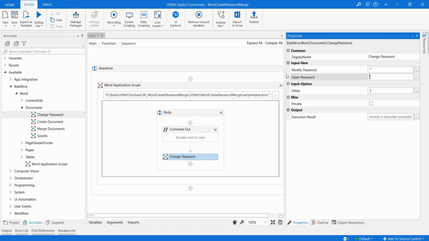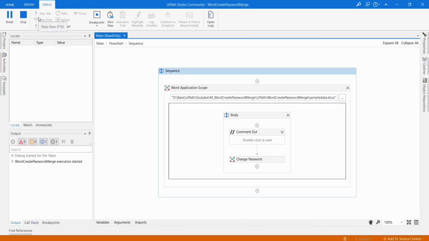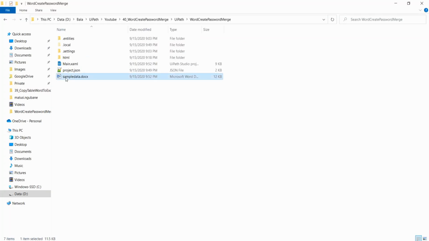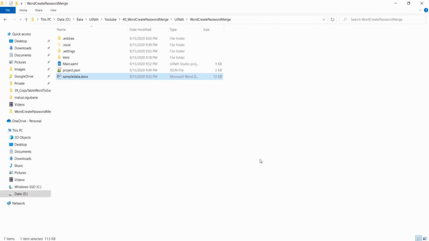So now it's empty. I'm going to execute the process. It's finished. Let us check the output. See, now we don't have the password. So this is the way you can reset the password, or remove the password.